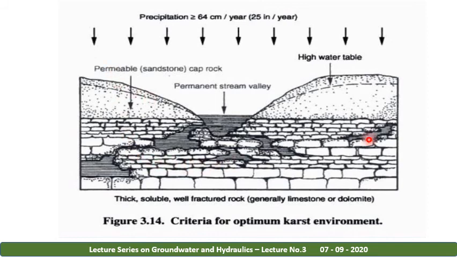In this cross section you can see a stream valley. In the stream valley, this may be the point of springs where discharge is taking place. Here you can see a permeable rock layer, that is sandstone. Here a high water table is there, and all the water is flowing towards the valleys. Here you can see fracture zones where aquitards are present. I used the word aquitard. An aquitard is nothing but a layer completely surrounded by impermeable rock layers.